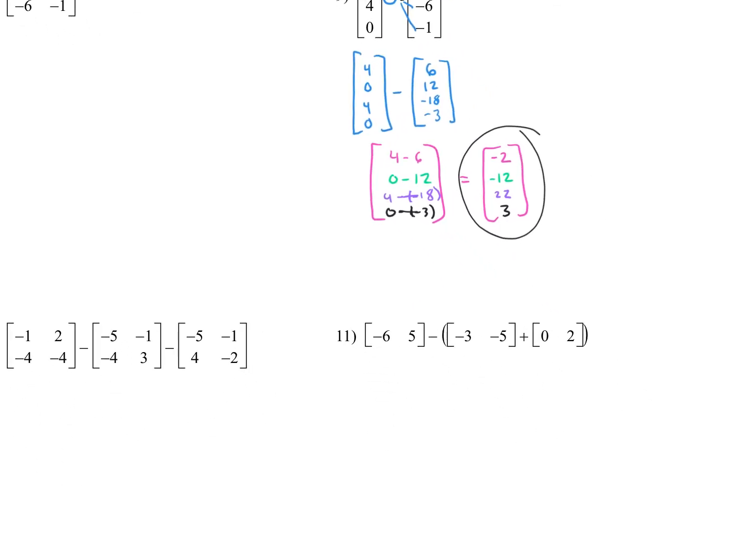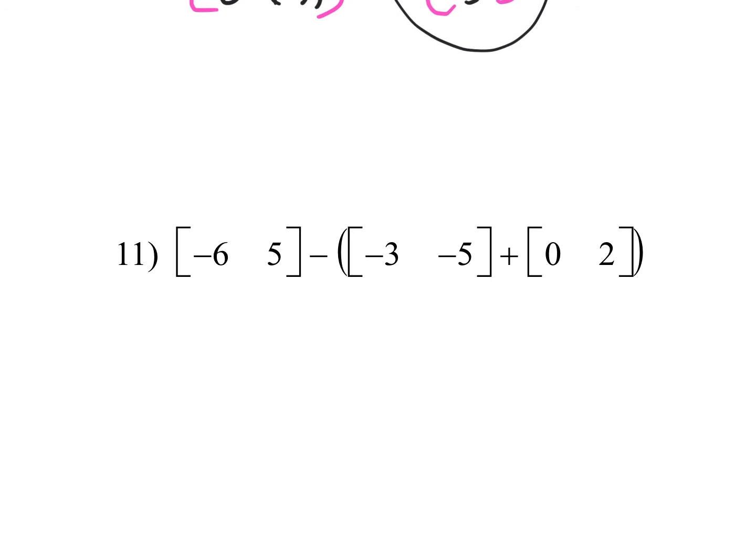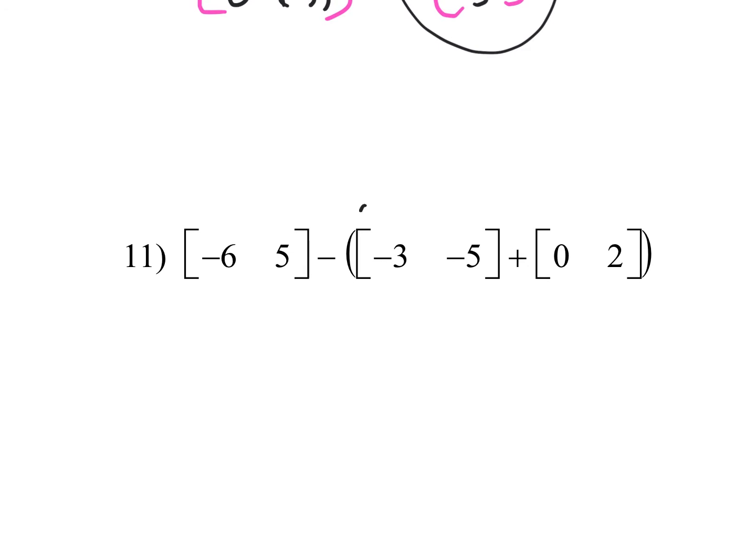All right, let's look at number 11. What do I have to do first in number 11? The parentheses. So I have to do whatever's on the inside of the parentheses. Here I'm just adding. So I have -3 plus 0, which is